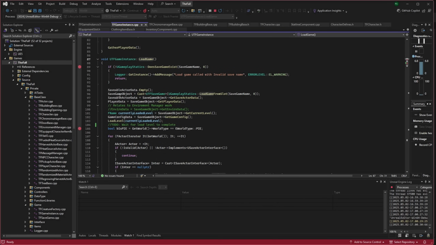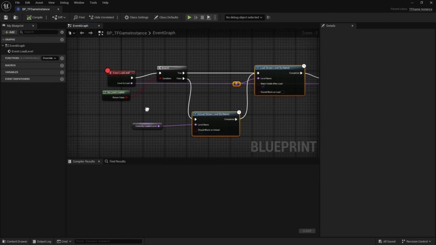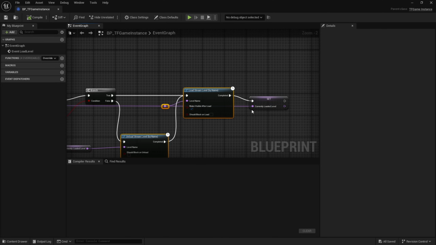We've got pulling in our save information, getting the current level, getting the game configuration information. Then we're calling load level. And this right here is what's calling through to our blueprint and then hitting these asynchronous calls. Now, when you're doing this using play in editor and, say, the third person template map, it's not so bad because we're not loading anything. Everything's already done. It's really confusing because no level loaded is true. We're going into here and just loading up a level, but the level's already loaded, so nothing is technically